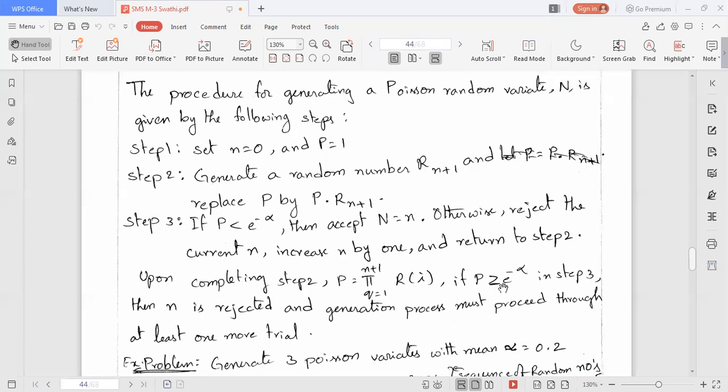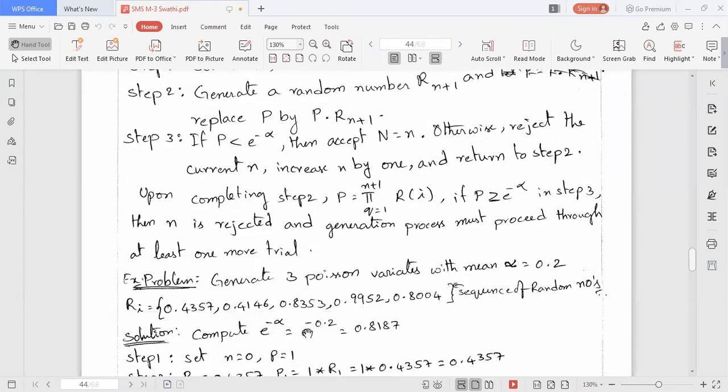If the p value is greater than or equal to e power minus alpha, then n is rejected and the generation process must proceed through at least one more trial. We'll see a problem using this Poisson variate generation technique.